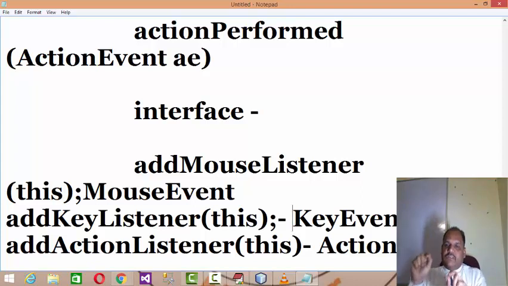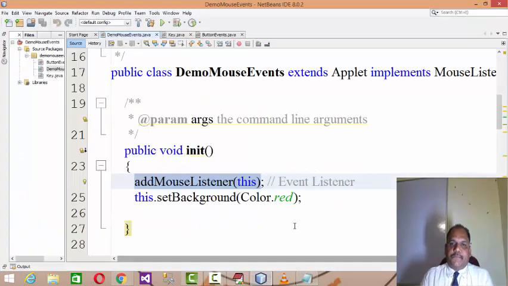Once the event is fired, it will be captured, and by creating the object of MouseEvent, KeyEvent or ActionEvent, it is going to pass it on to the event processor. Understand it? Back to the application.